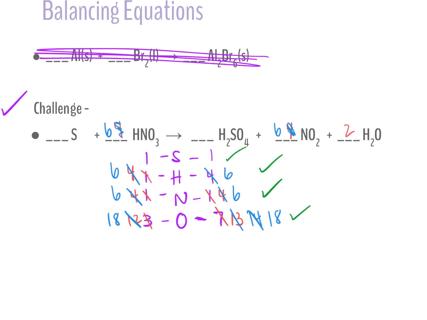Okay, so I think that's what did it, right? Okay, by adding that 2 there, I needed to change my hydrogens again. And by doing that, it caused me to change my nitrogens again, right? It caused me to bounce back and forth. So problems like that are tricky, and they can cause that puzzle effect, right? We got to go